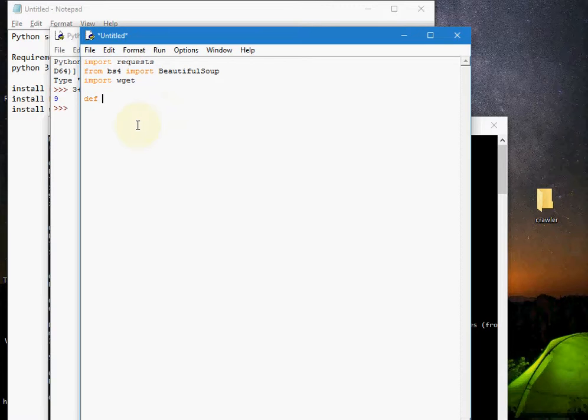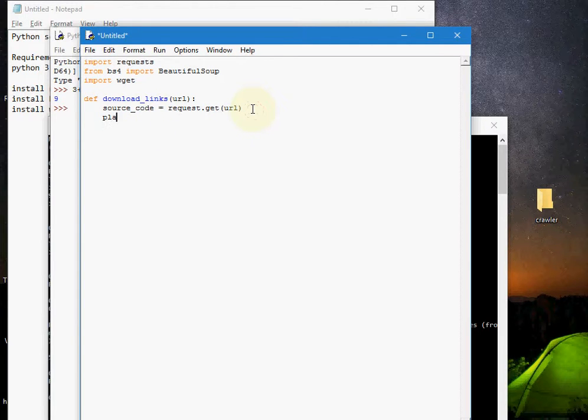Now create a function. Suppose we name it download links, and we are going to pass the URL to this one. Suppose we name the variable source code, and it is requests.get, sorry, it's get URL. So what this is doing, this requests is from this package. We are getting the URL source code into this particular variable. Now this variable contains the raw material, the raw code of this website.